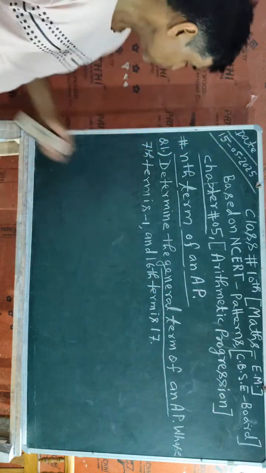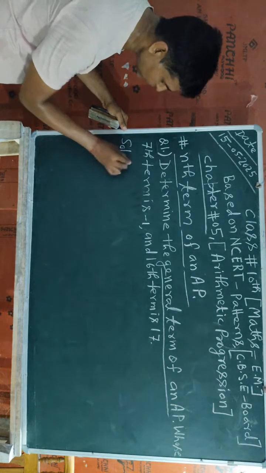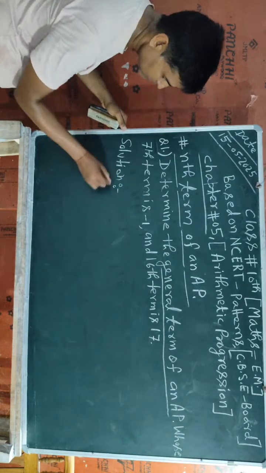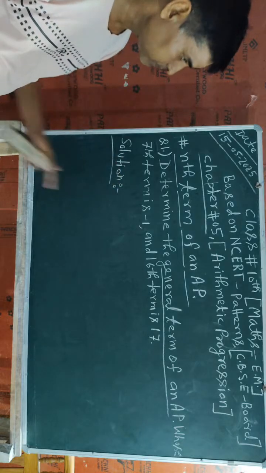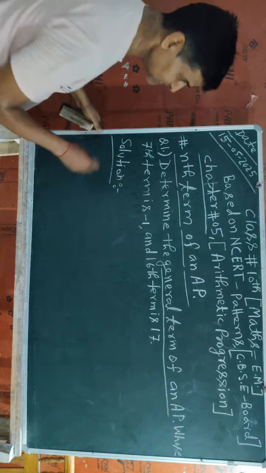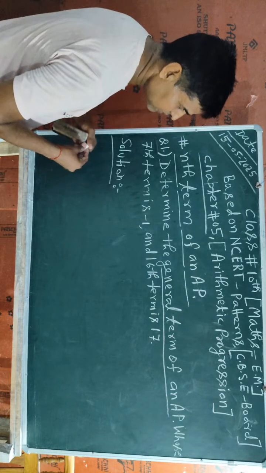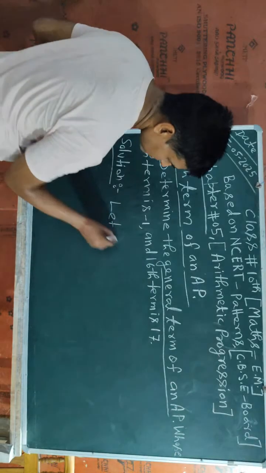Okay, student. So first of all, I am going to solve it. In the first step, you have to write "Solution". After writing solution, you have to write the information which is given in the question. So the given information is that, here I will say, let the first term